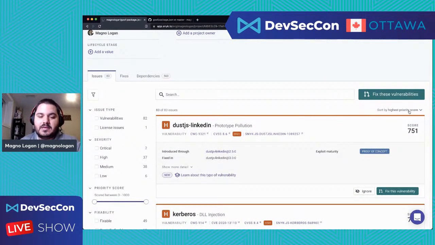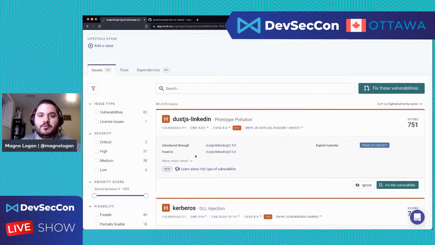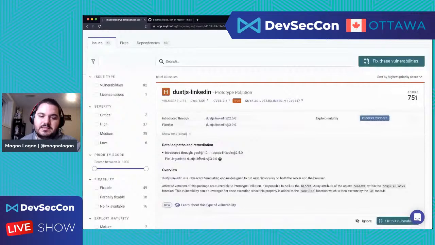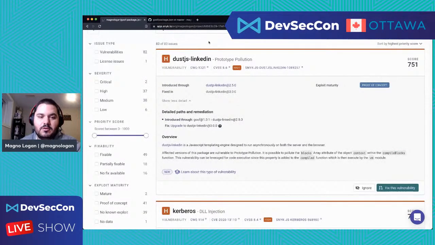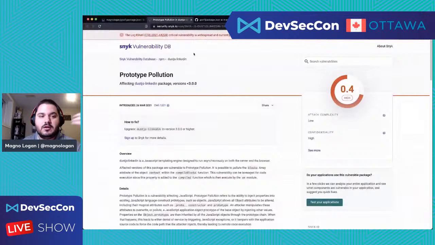What's interesting is how that information is displayed for the user. Even if you're a developer or a DevOps engineer, it's very easy to understand. Just taking a look at this example, for the first vulnerability we have information about the CVSS score, which is a score for the severity of that vulnerability. There is also a direct link to the vulnerability database from Snyk, which they have their own database, which is pretty cool. It has a lot of information about vulnerabilities.